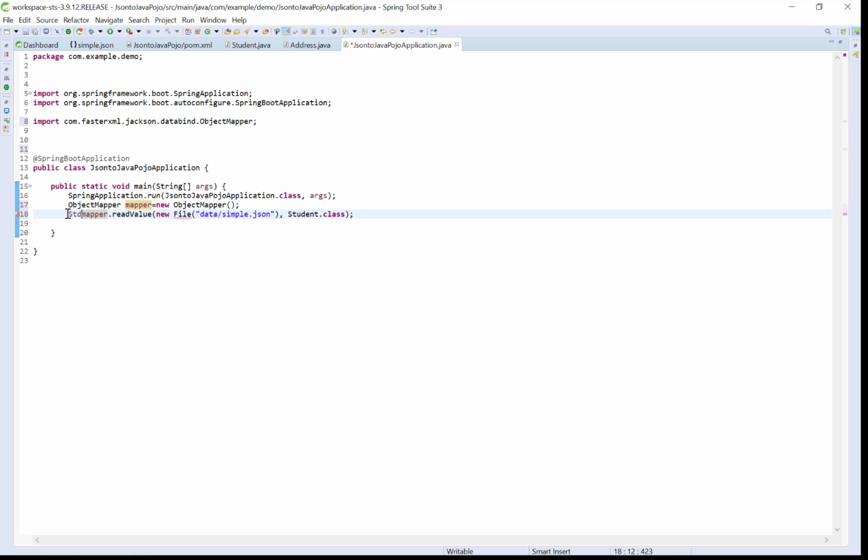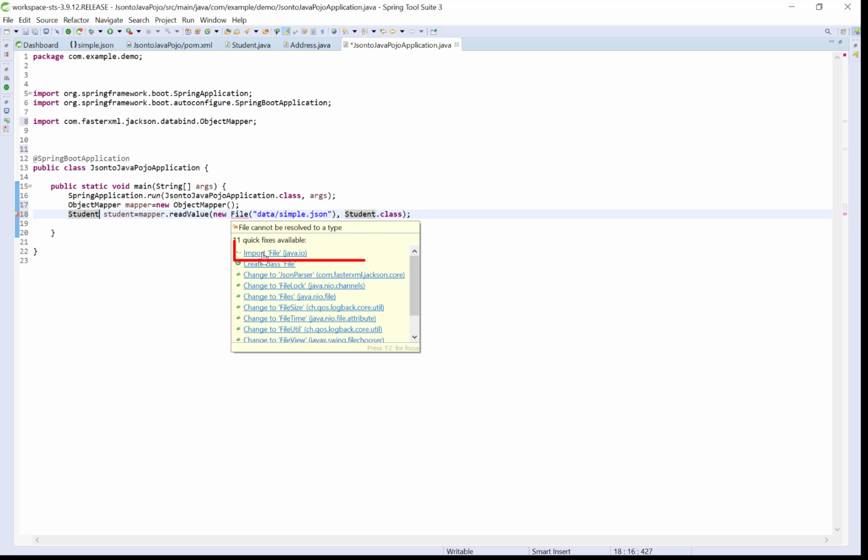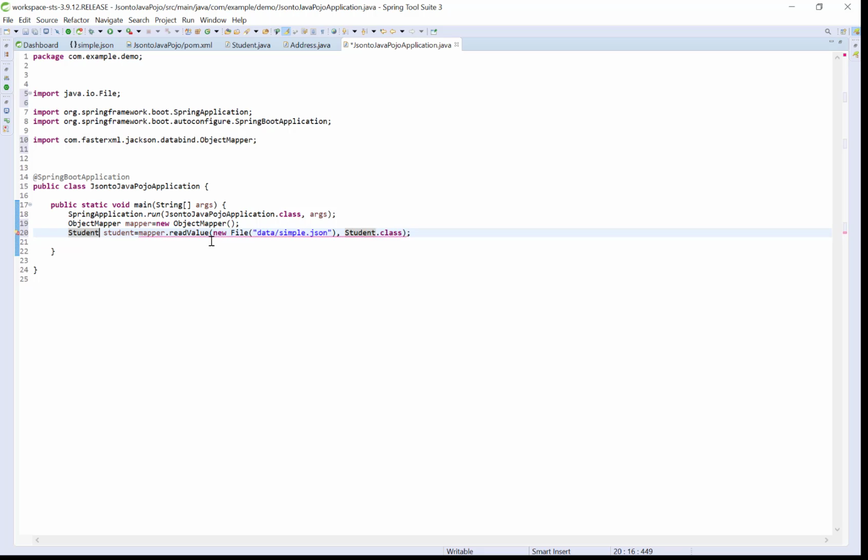This will return one object here, so I am collecting that. Now I need to surround this with a try catch block.